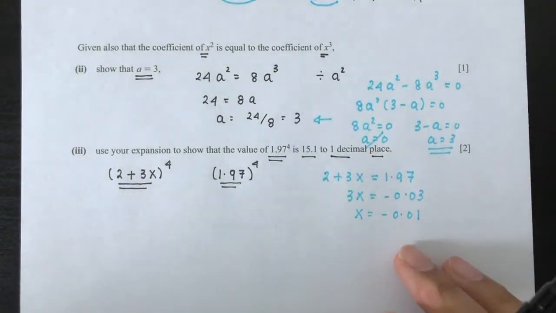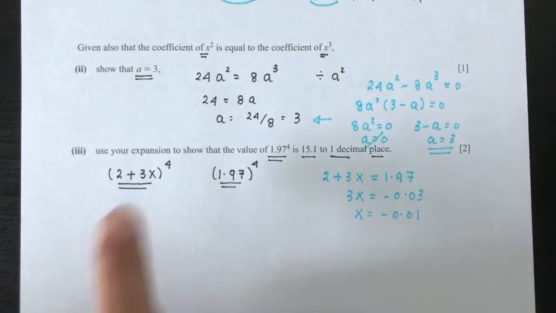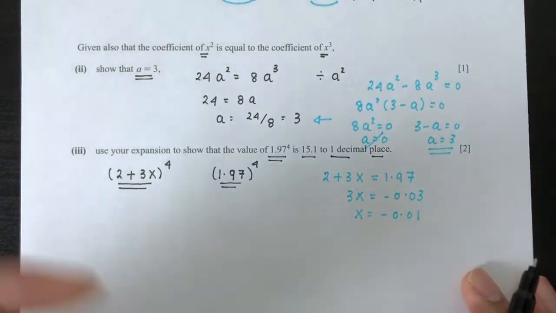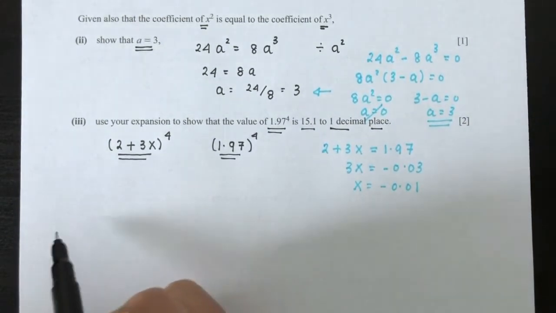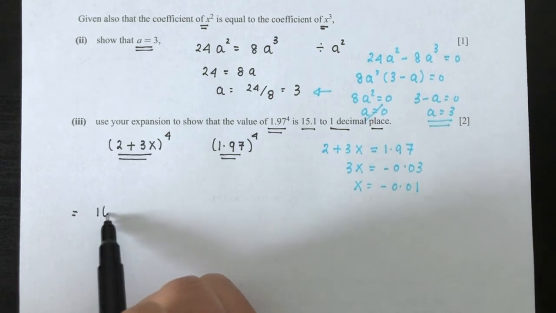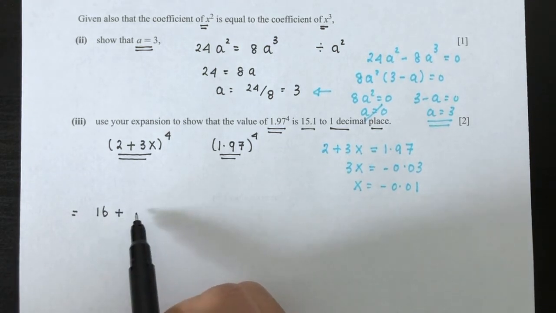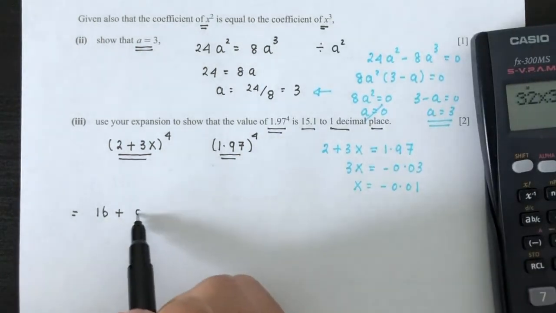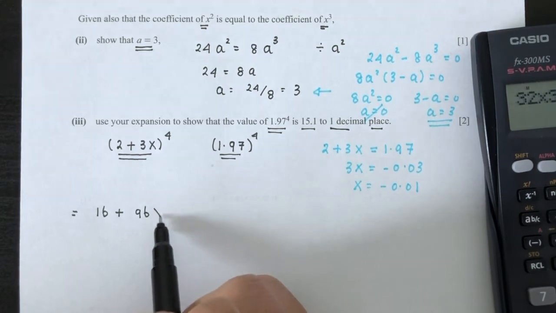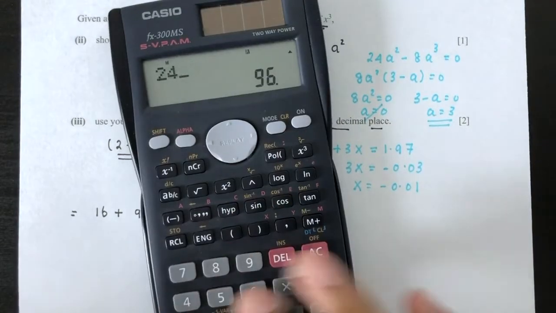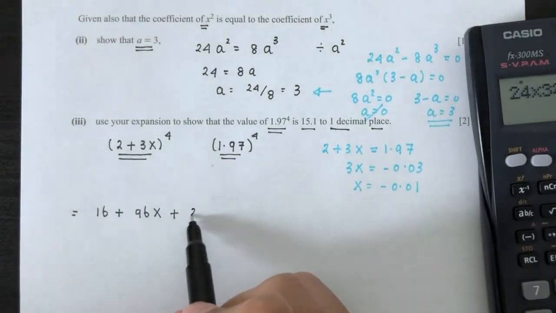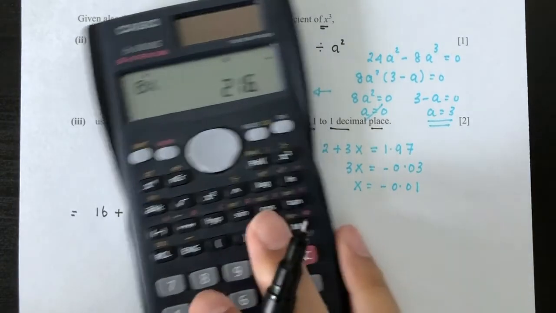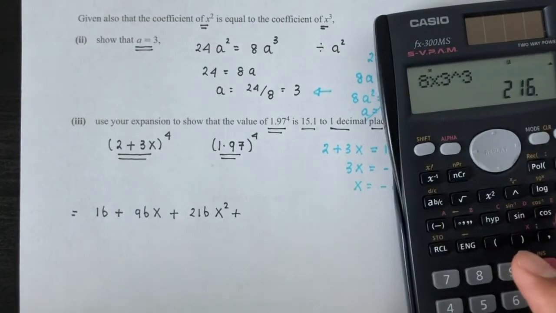So now you have to put this value back in my expansion to find that value. Okay, so let's do that. You will have 16 plus 32 times a. What is that? 32 times 3 will be 96 x, plus 24 times a squared, that will be 216 x squared, plus 8 times 3 cubed, that will be